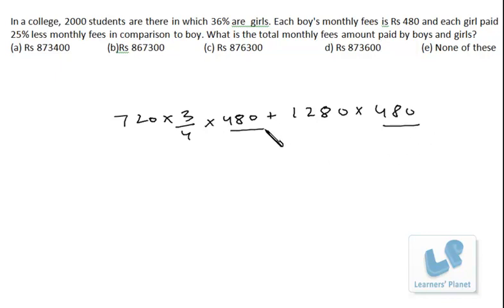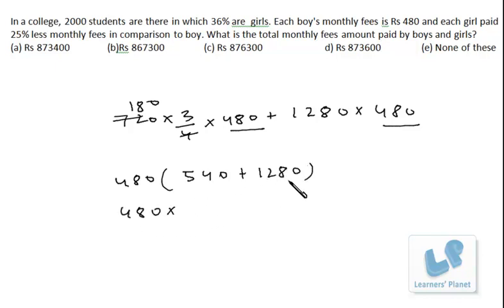Now let's take 480 as common. So 480 into 540 plus 1280. So 128 plus 54 is 182, and then a 0. So it's 480 into 1820. So it's 0, 0. Just the unit digit will be, or you can just see it's 180 into this 48. It must be around,